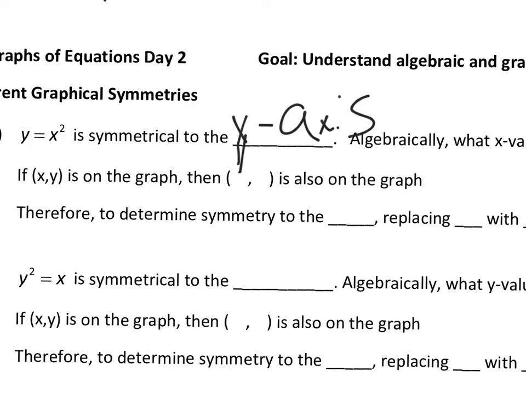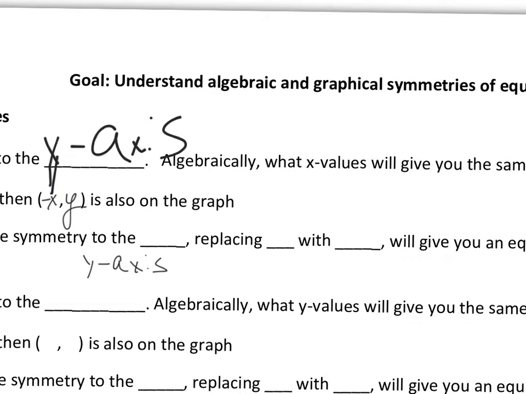So far, we know that if a graph is symmetrical to the y-axis, then negative x will return the same y just like positive x. Therefore, to determine symmetry to the y-axis algebraically, what we will do is replace x with